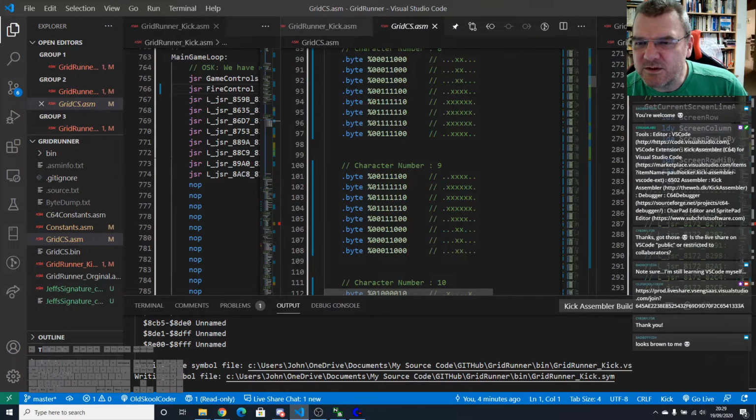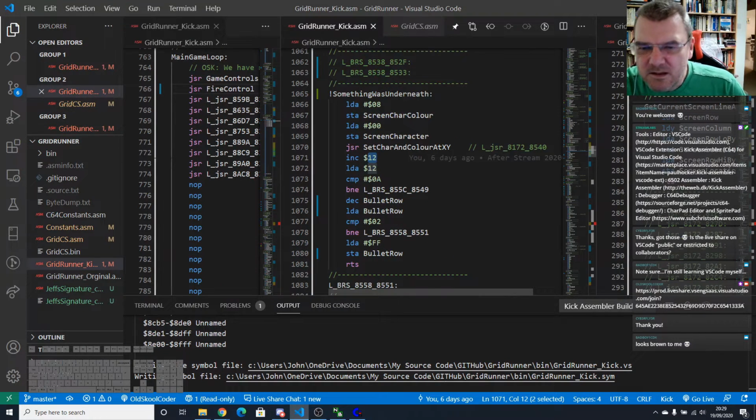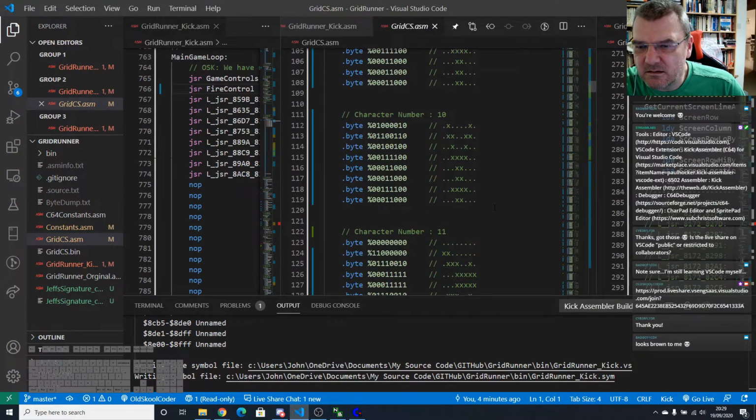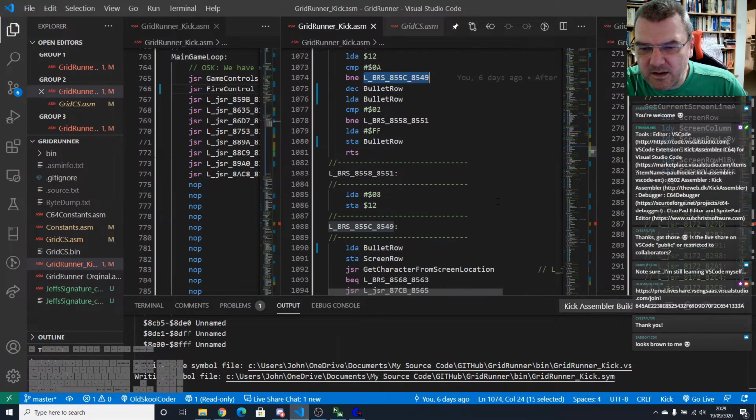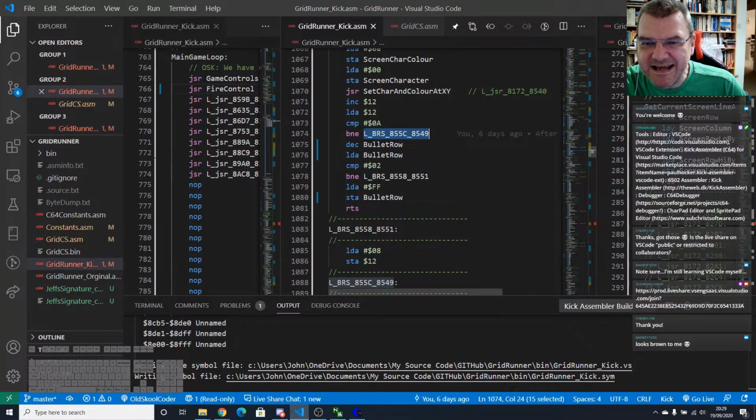So first it was a bullet pointing down, and now it's a bullet pointing up. So we're loading it, checking if it's A, which is not a bullet. If it's not equal to A, where's it going? It's coming here. But if it is equal to A,